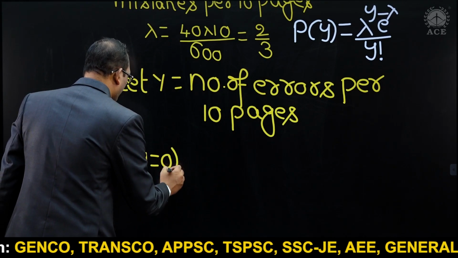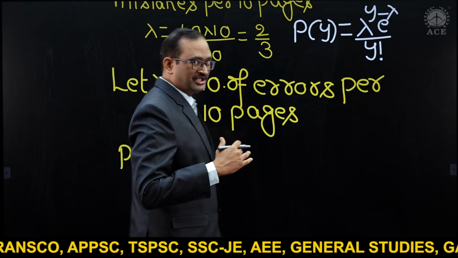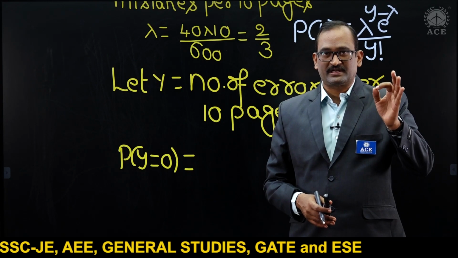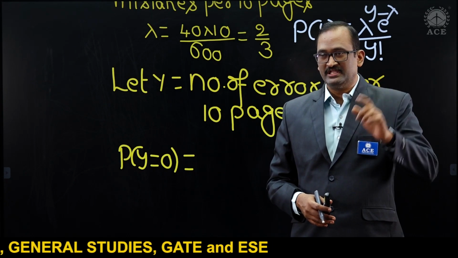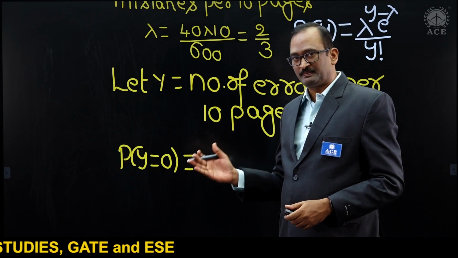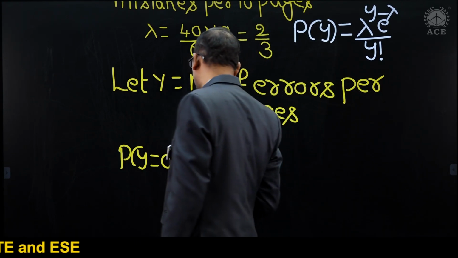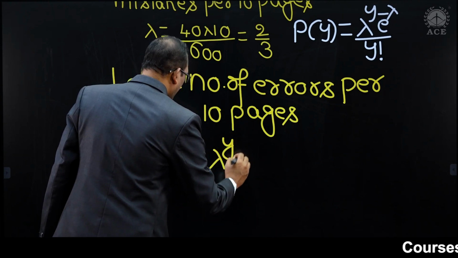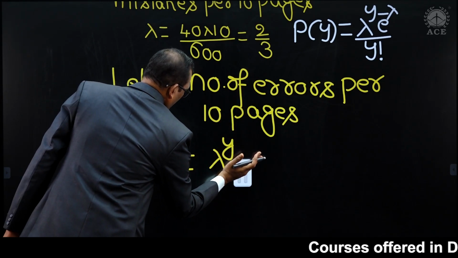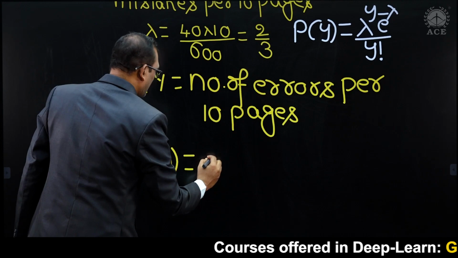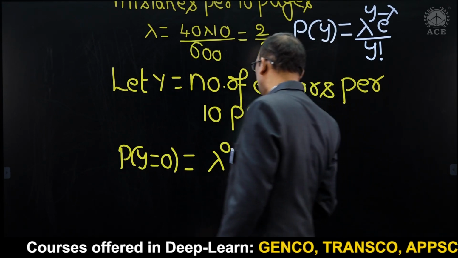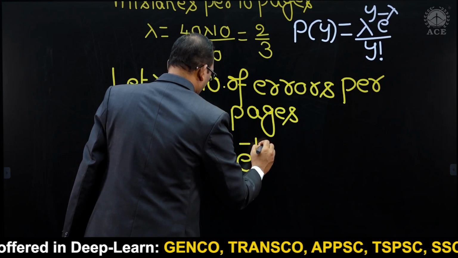Just for the sake of convenience, I have changed the variable, because they have already mentioned X is the number of errors per one page only. We need the number of errors per 10 pages, and here Y is equal to 0 errors per 10 pages. That is lambda power Y, Y value 0, it was already given formula. Lambda power Y, e power minus lambda